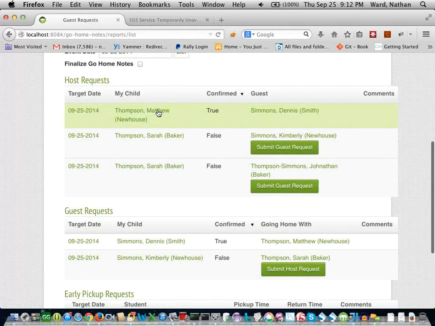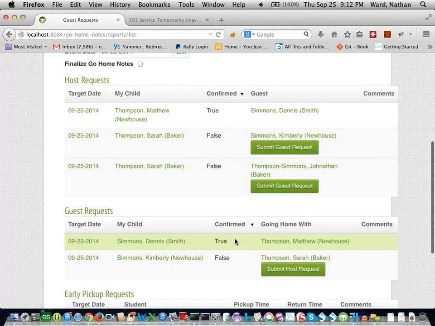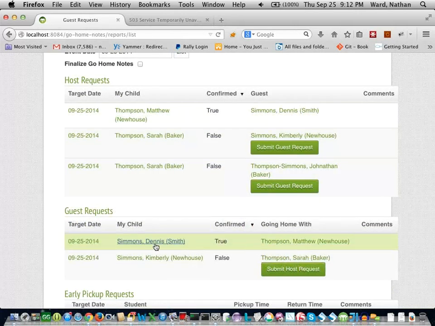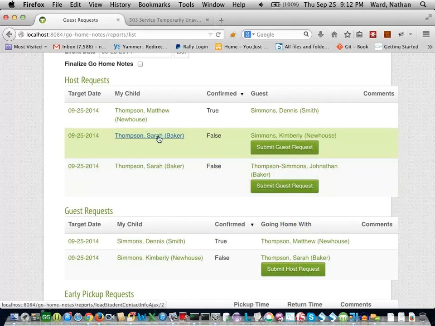So the software saw that these were confirmed on both the guest and the host side, and that's how it shows up in the list. Basically it's a duplicate, but in different orders, since they're corresponding. For these that are false, it means that this child's parent